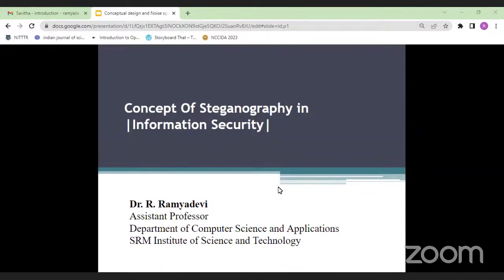Welcome to the day 5 session of the Cybersecurity and Hacking Faculty Development Program, which was organized by the Department of Computer Science and Application, BSc Computer Science Program. Today's session is handled by Dr. Ramya Devi ma'am, an assistant professor in the Department of Computer Science and Application, BSc Computer Science Program. Her areas of specialization are medical image analysis, digital signal processing, artificial intelligence, IoT and information retrieval. She completed her PhD in computer science at Anna University, MCA at Gandhigram Rural University, and her undergraduate degree at Madurai Kamaraj University.